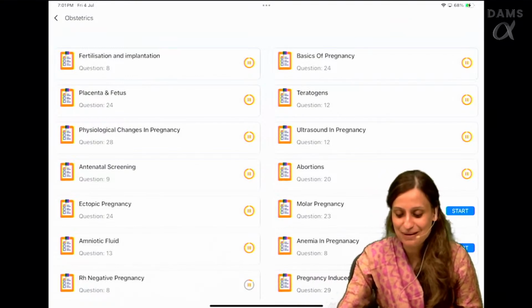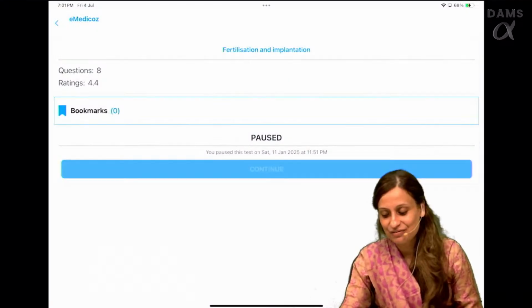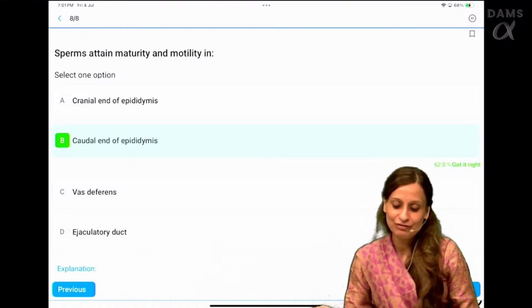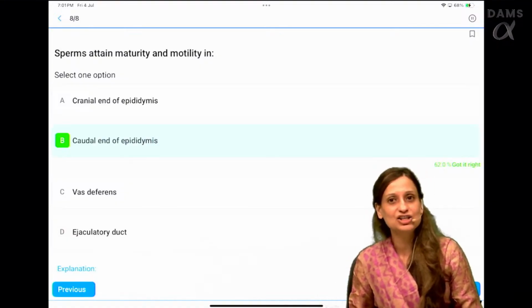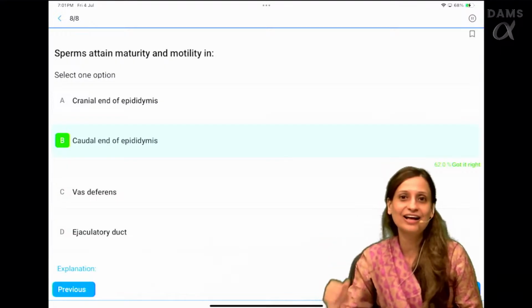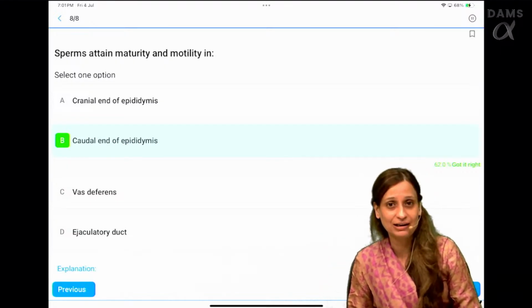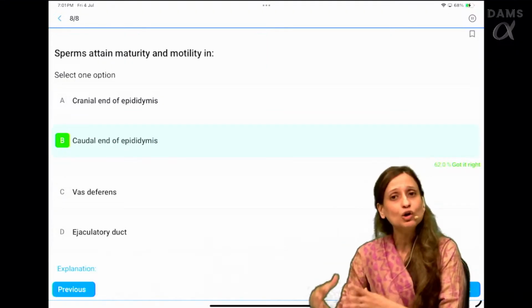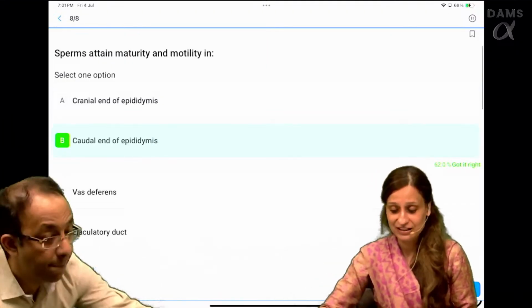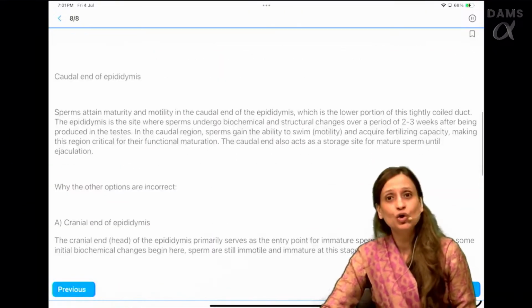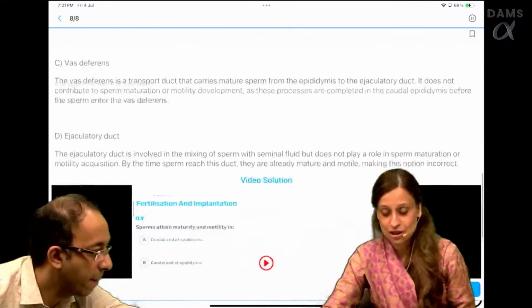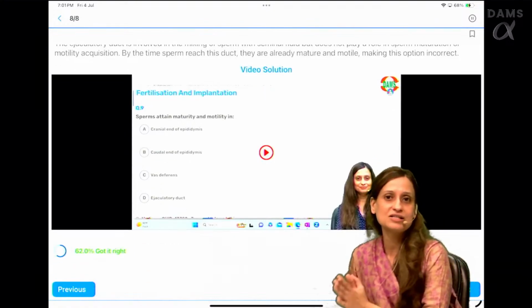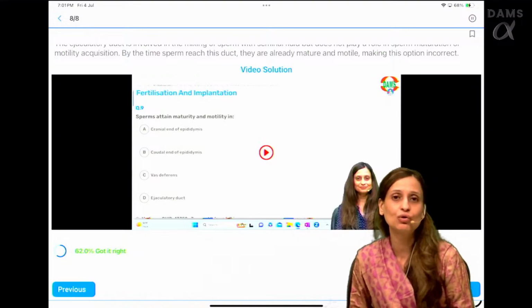These MCQs are handpicked by the faculty themselves. And what is the best thing? The best thing is that when we look at these MCQs, for example, we are saying the sperms will achieve motility in, right? The answer is the caudal end of the epididymis. So as I said, these are hand-picked MCQs which will automatically cover your PYQs and PYTs, and at the bottom you will see a detailed explanation, but most importantly, you will see audio discussions of every MCQ in DQB.